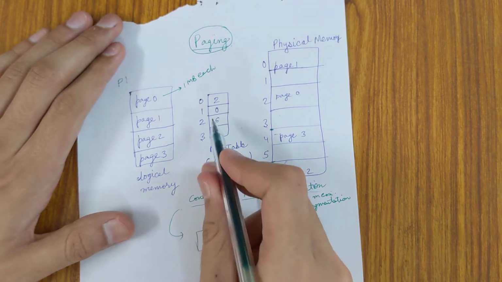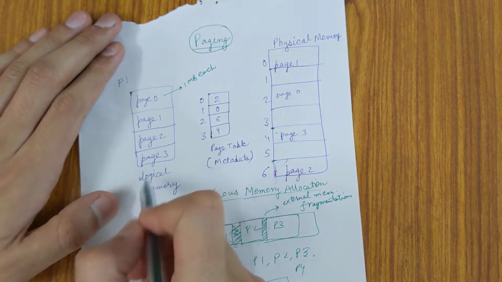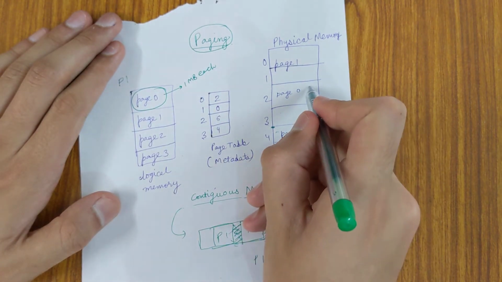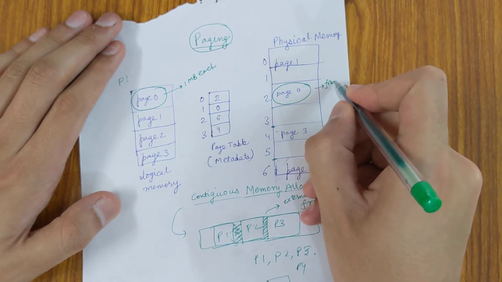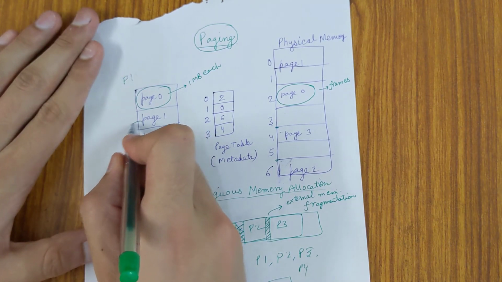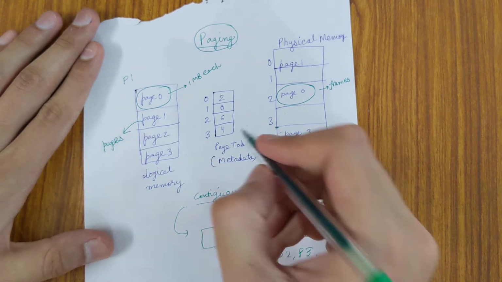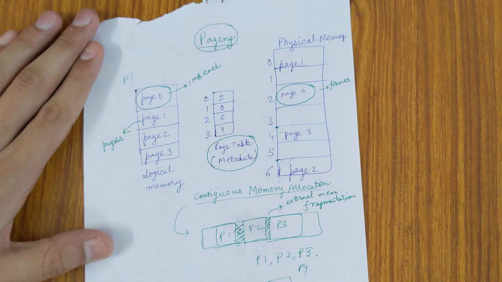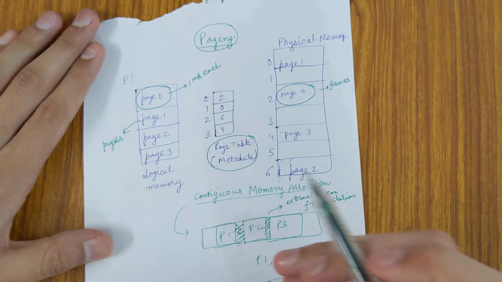And in between we maintain metadata which maps the logical memory pages, these are called pages, to the physical memory frames. So the chunks of physical memory are called frames and the chunks of logical memory are called pages. These are the two terminologies used. And the page table, which is actually metadata, is meant to store the mapping of pages to frames.